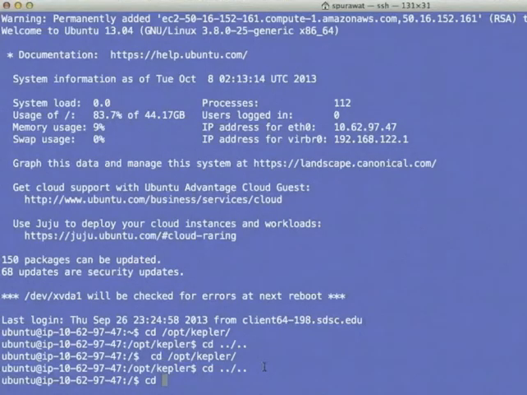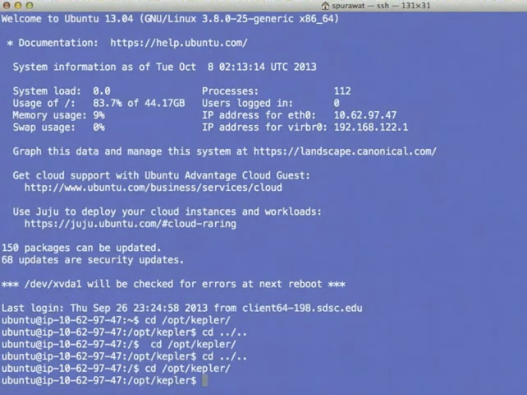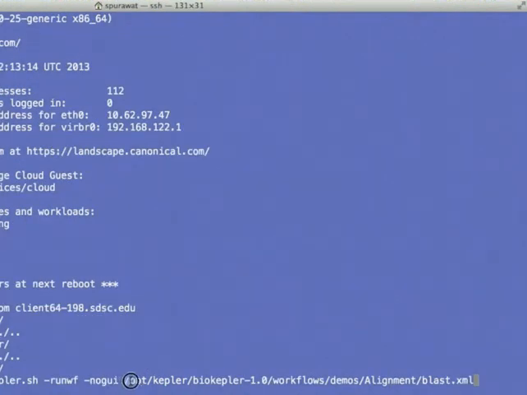To run BioKepler workflows through the command line, go to the directory /opt/Kepler and then use the following command to run BioKepler workflows, where this is the path to the BioKepler workflow that you want to run.